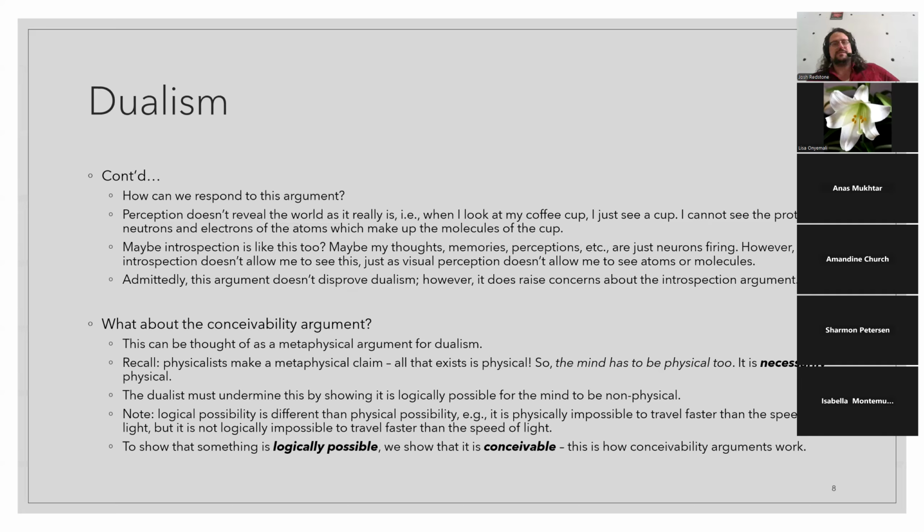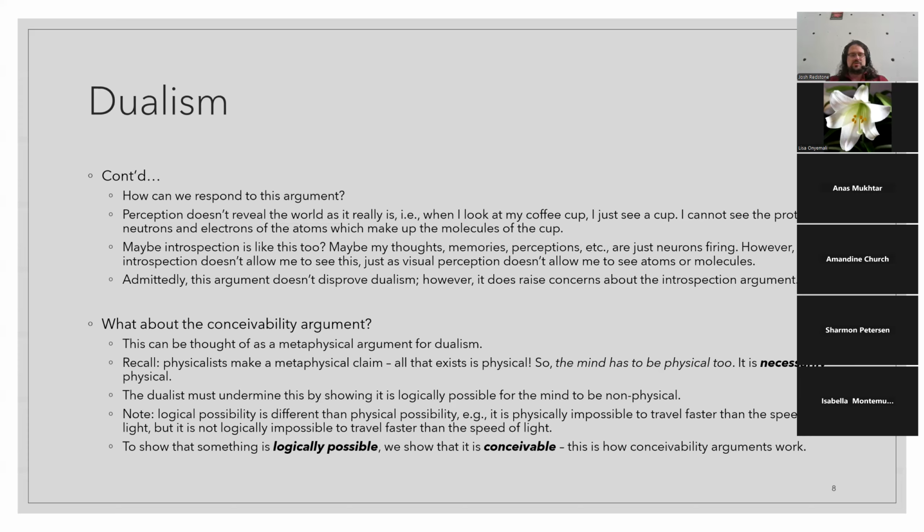There's nothing logically impossible about going faster than the speed of light, but it is physically impossible. The laws of nature are just set up in such a way that you cannot go faster than the speed of light. But in a different universe, there might be a different speed of light. The speed of light in our universe is 300,000 kilometers per second. But I don't know, in another universe, maybe it's 300,001 kilometers per second. So it's logically possible, but it's not physically possible.